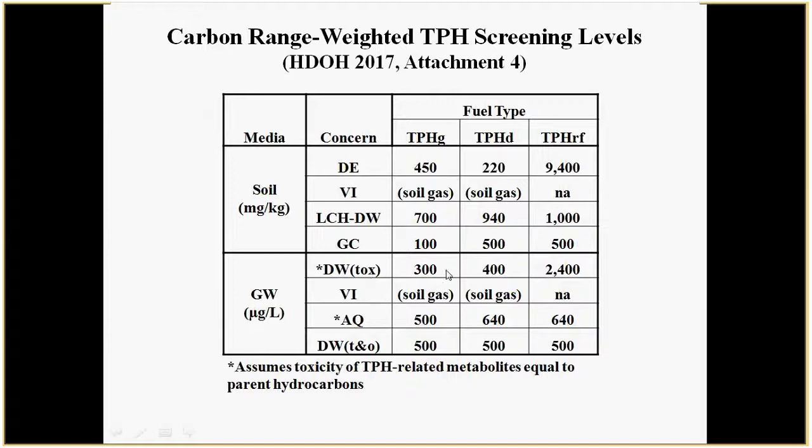Drinking water-based toxicity screening level for groundwater that we calculated based on carbon range weighted screening levels: 300 ppb. For diesel, the toxicity-based screening level for drinking water, we calculated at 400 ppb. You might say, well, wait a minute, diesel is more toxic, right, than gasoline, all these middle-range aliphatics. The thing is, by the time you get into diesel range, most of these compounds are going to be degraded in the groundwater before they ever hit a well, and the degraded compounds aren't volatile, so we exclude the inhalation pathway for diesel. That's why the screening level for diesel in drinking water is higher than it is for gasoline.